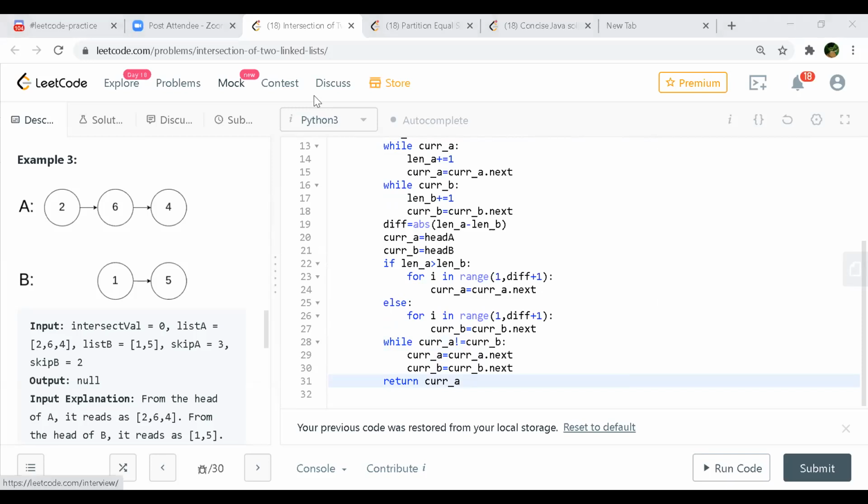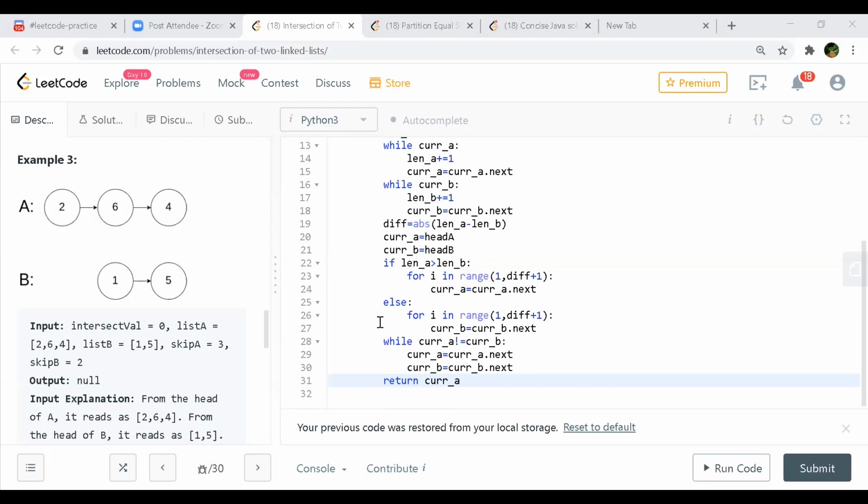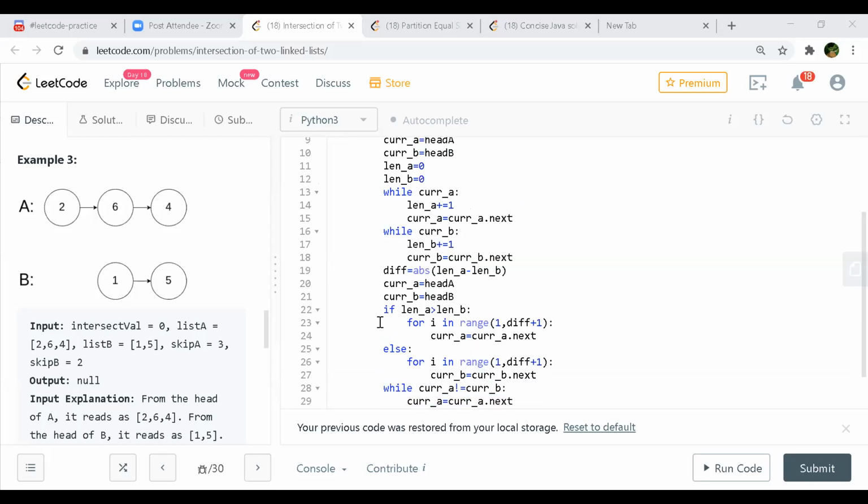So what if the lists are non-intersecting, not converging? Yeah, the example 3. If they are not converging, we'll hit null, I think. It will hit null automatically, then it will give null. I think I haven't taken care of it separately, because he is having a difference, right? So if A is at 6 and B is at 1, he will just traverse till he goes to the end.